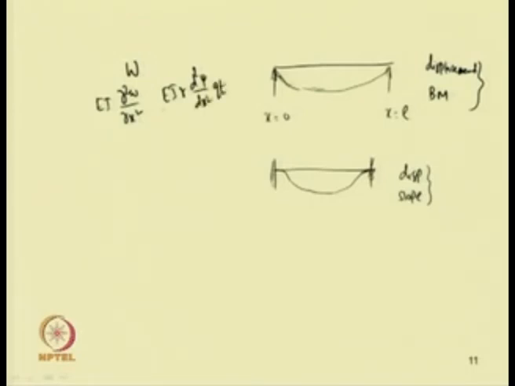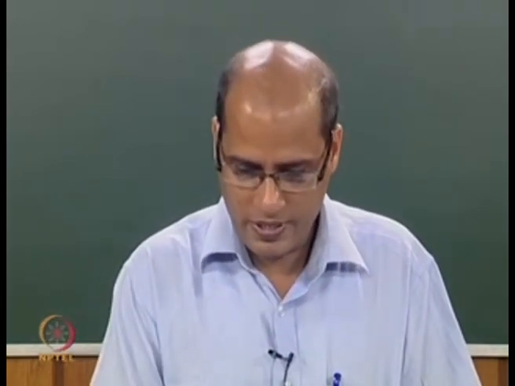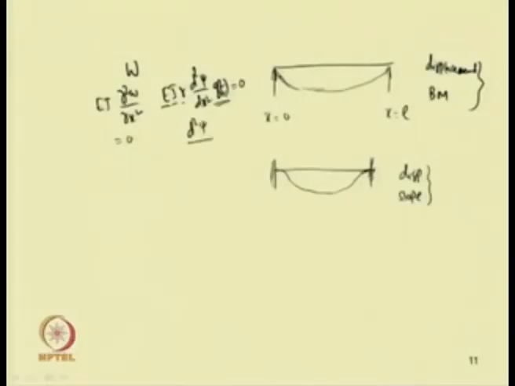As E, I, R are constants and Q is a function of t, the time modulation, for a particular distance one can take this as constant. For all times the bending moment will be equal to 0. So, one can write EI R d square psi by dx square into Q t equal to 0. For all time Q t will not be equal to 0, so this becomes d square psi by dx square equal to 0.